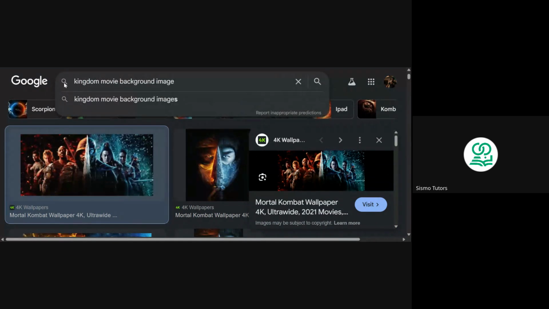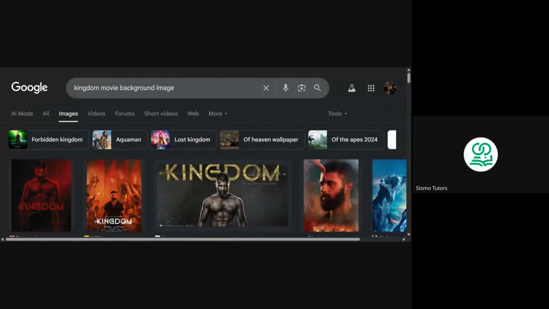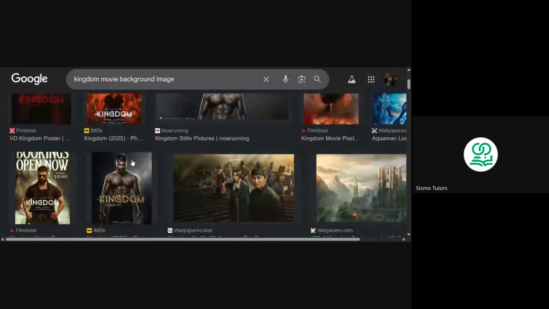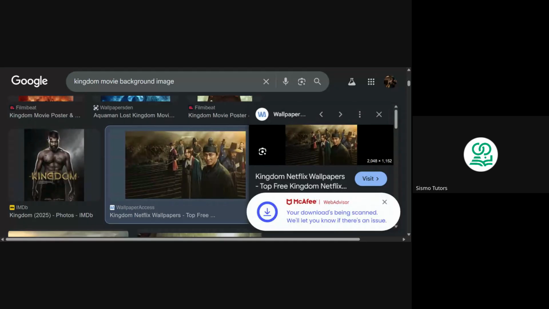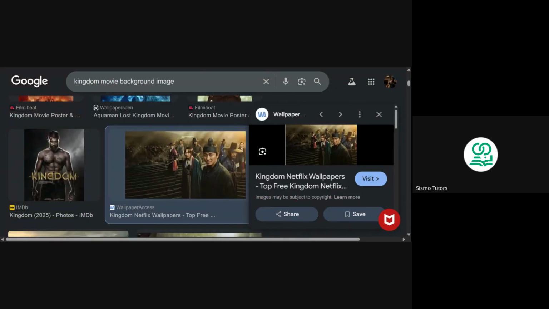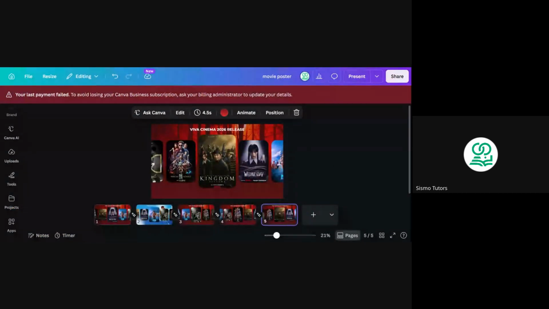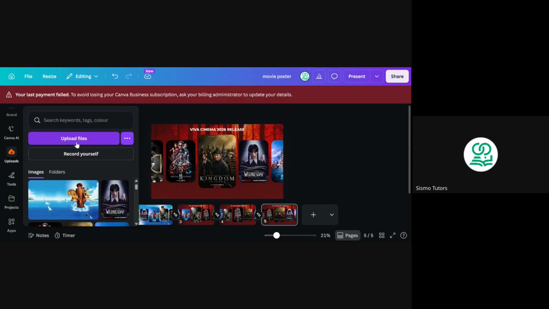So this design we are making right now is like a professional, advanced design. It's not for beginners. So if you can learn this, it's going to come in handy. So you should practice perfectly. And once you get the perfect result you're looking for, it's actually a nice, professional design. Do you understand? So I've downloaded all the pictures I need. I'll go to upload again and start uploading them